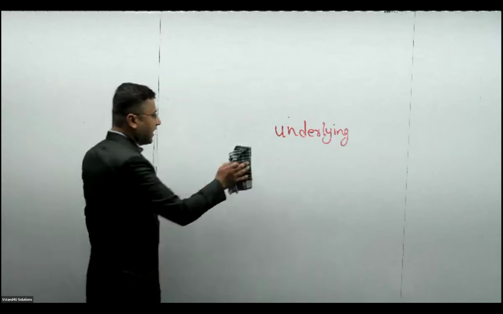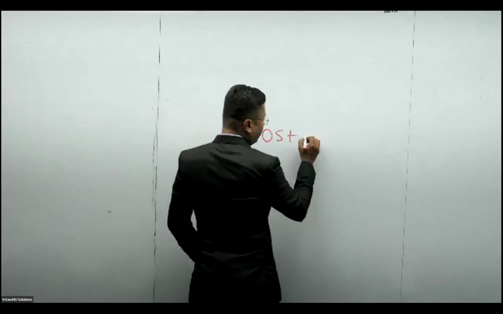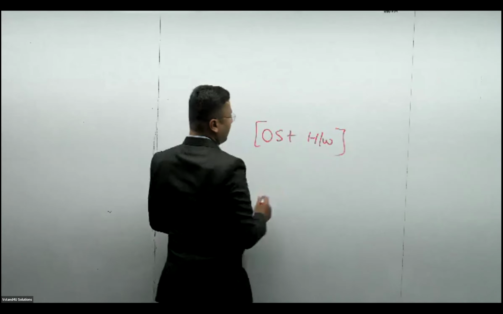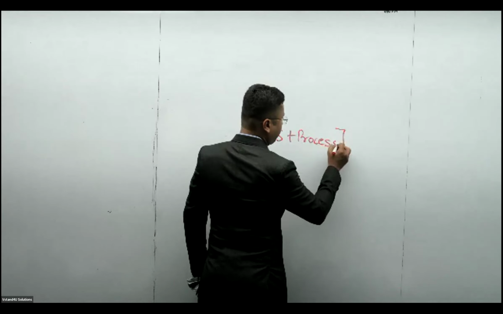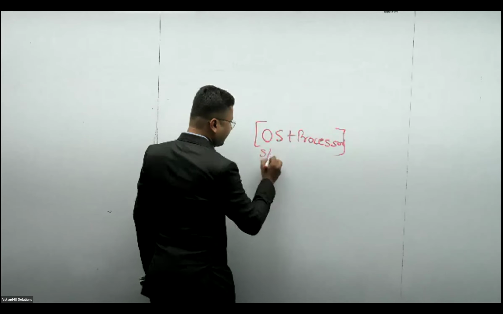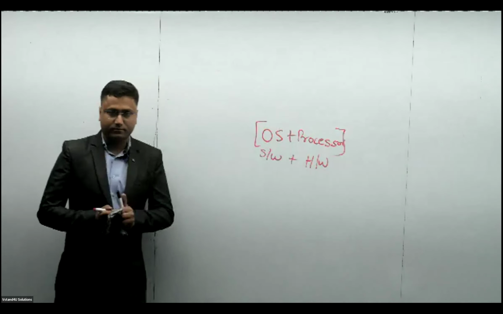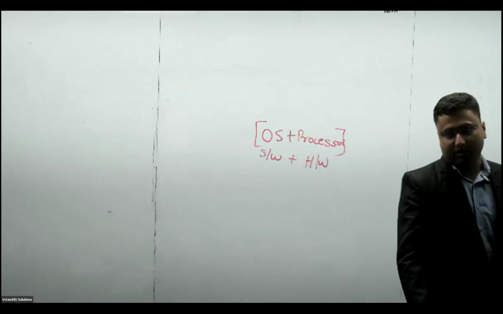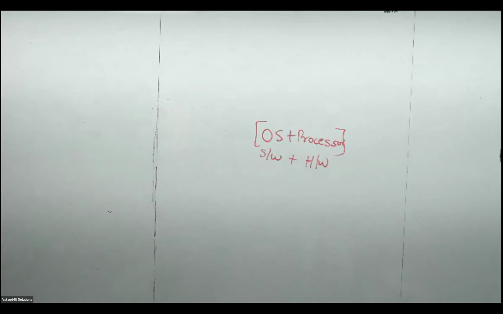Platform, when you write, after platform, ensure you write OS plus hardware, or better I'll say, wait a minute, OS plus processor and software plus hardware, both. Platform is nothing but a combination of software, hardware, operating system and processor. Agree? Am I clear? What you wrote: a way to communicate with underlying platform.